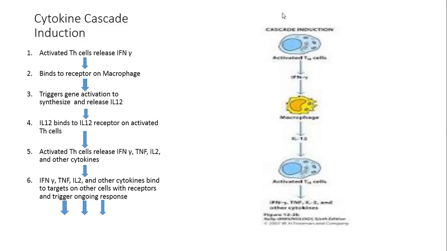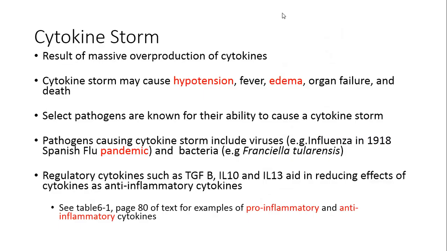Normally, this is self-regulating. It's not going to go out of control. But if this feedback doesn't stop itself, if it doesn't regulate when things are under control, if the cytokines get produced in too great of a number, we have the possibility of creating what's called a cytokine storm. Again, cytokine storm is just that massive overproduction of cytokines. It has a lot of really negative effects that can happen. Can cause hypotension, fever, edema,